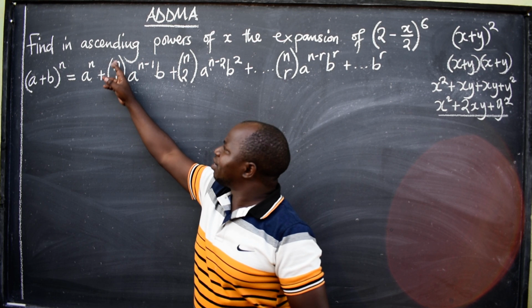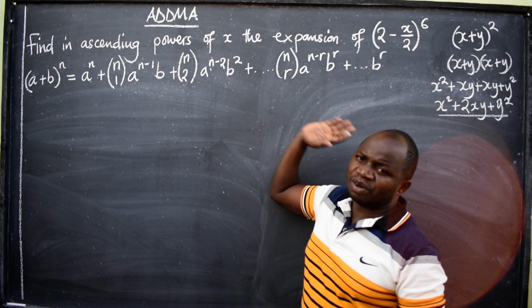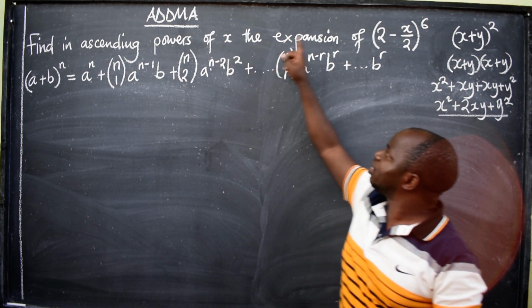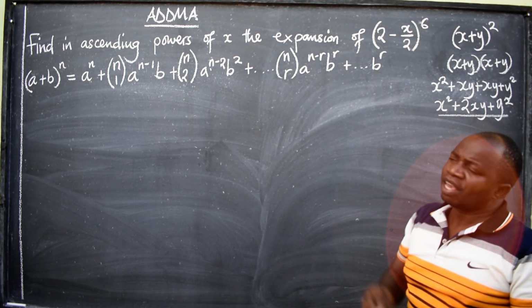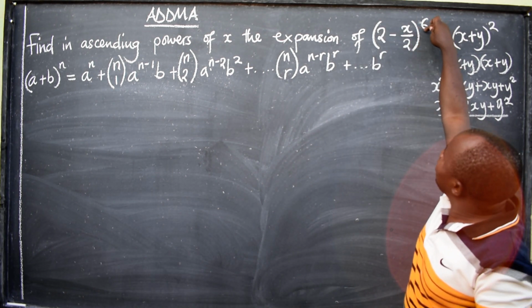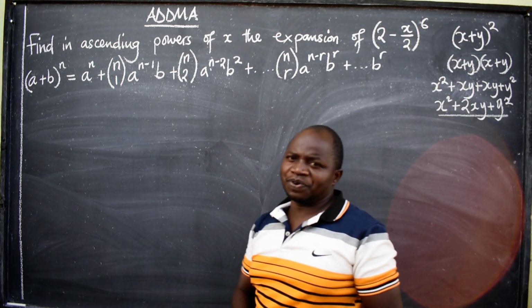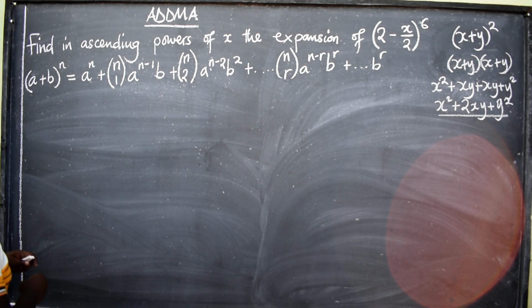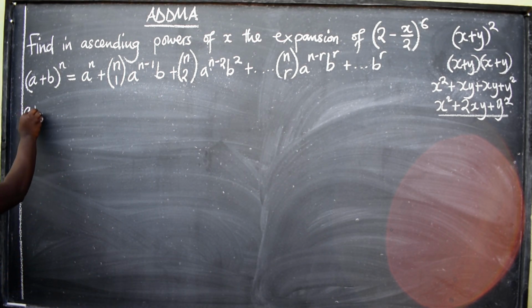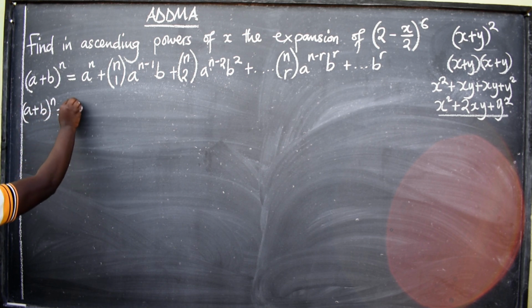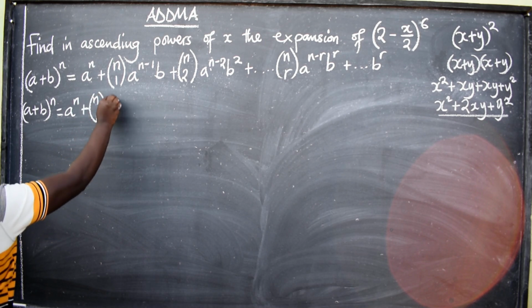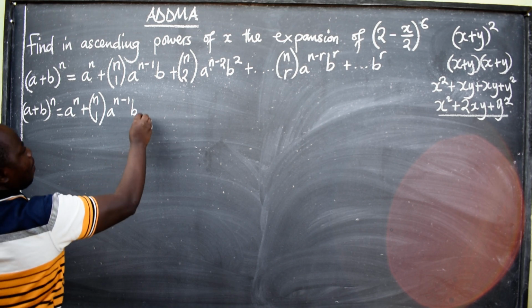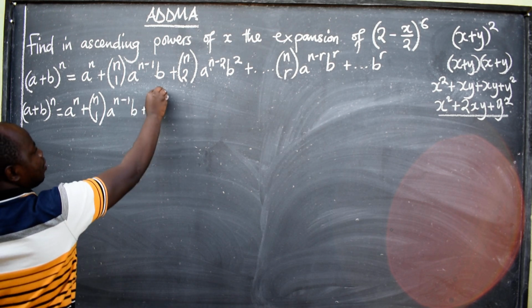This is the first term, second term, third term, goes on and on and on. Where you are going to end will depend on the power. So in this case, since it is up to 6, I'll be able to write (a + b)^n is equal to a^n plus n choose 1, a^(n-1) b plus n choose 2,